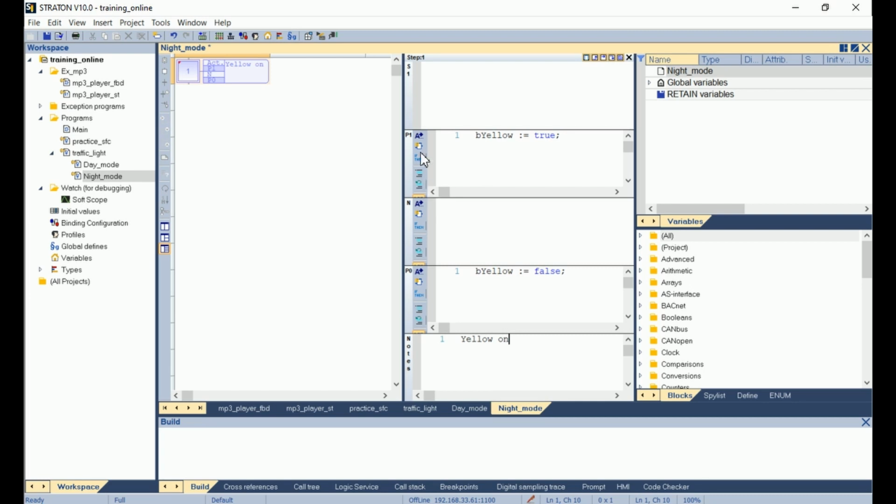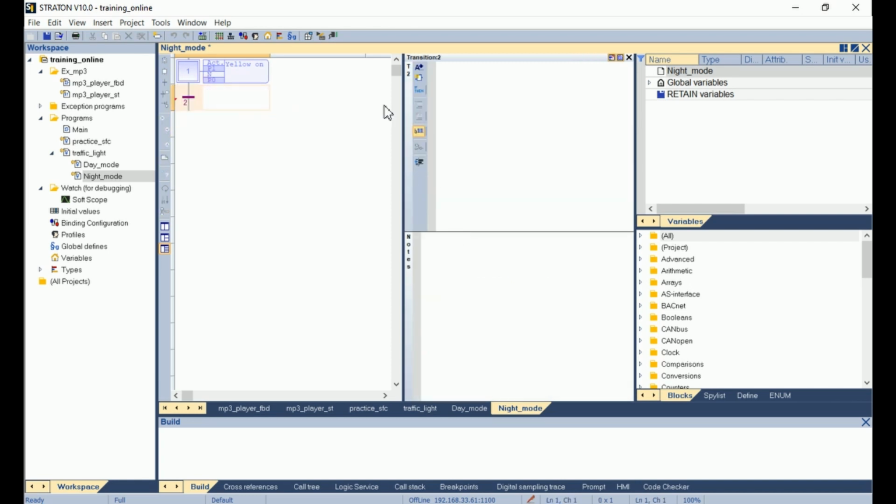I will let it on for 1 second, so I add a transition T with the condition GS1.T greater than T 1 second.